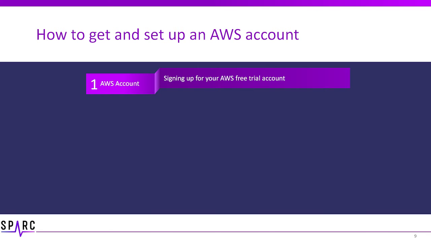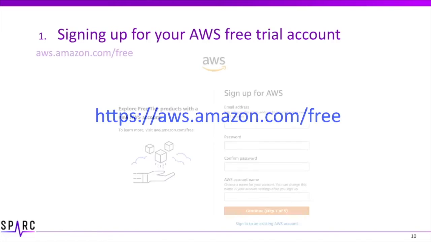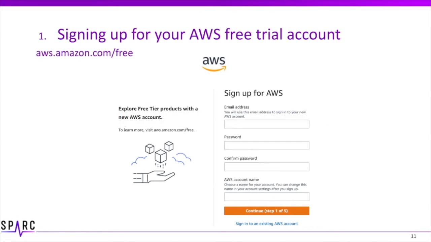To create your AWS account, you will need access to a credit card and its billing address. In your web browser, head over to aws.amazon.com/free. Click the link Create Free Account. On this page, enter your email address, password, confirming password, and the name that you wish to give this AWS account.